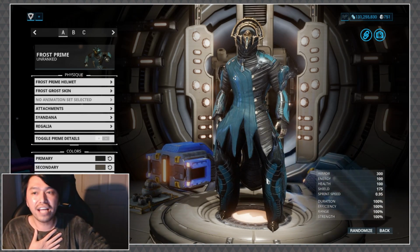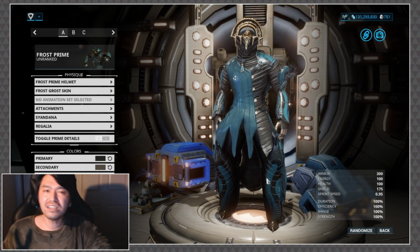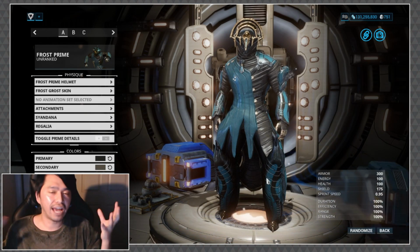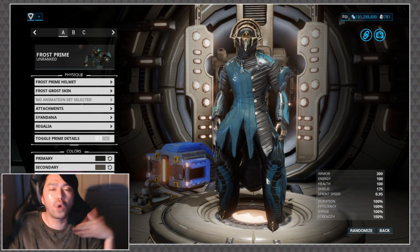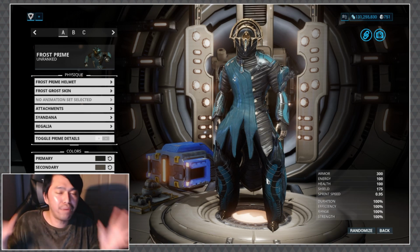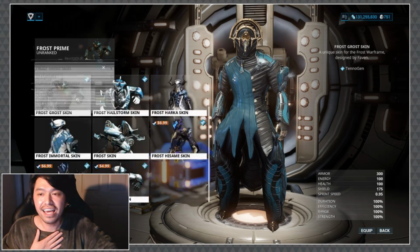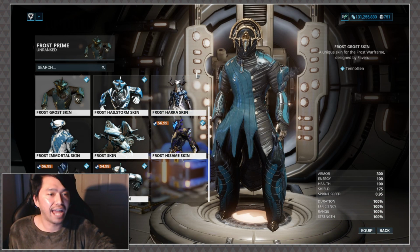We're going to kick things off with two honorable mentions. These are items that I may or may not have purchased depending on how I was rolling in the dough, but I do really like them. The first one is the Frost Hisame skin by Malaya and Ammo